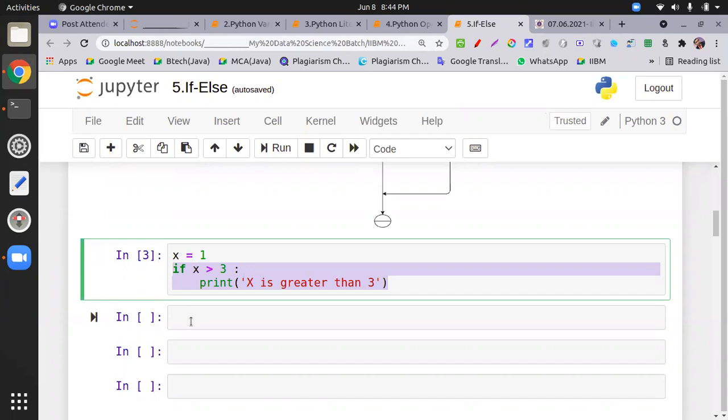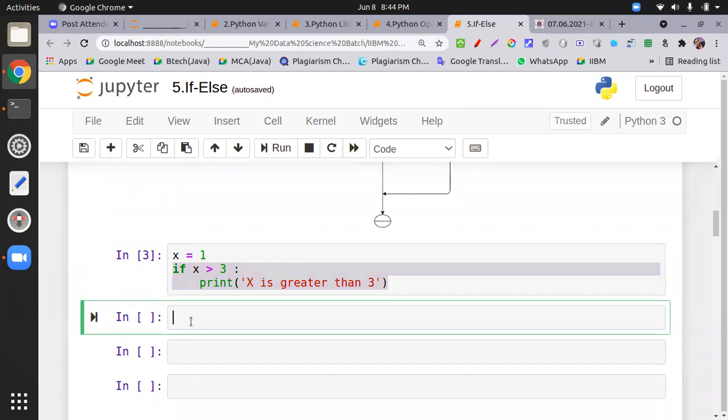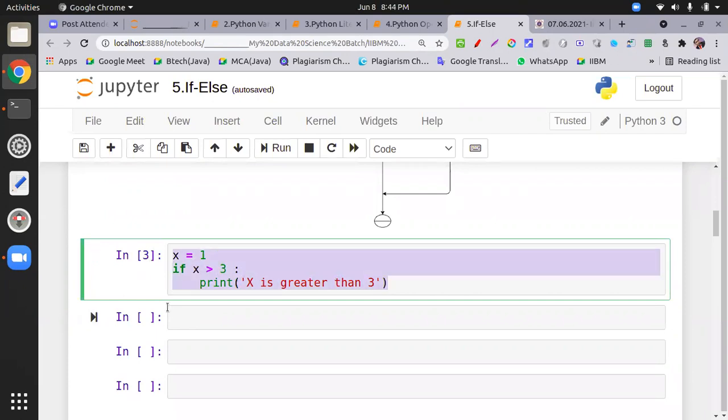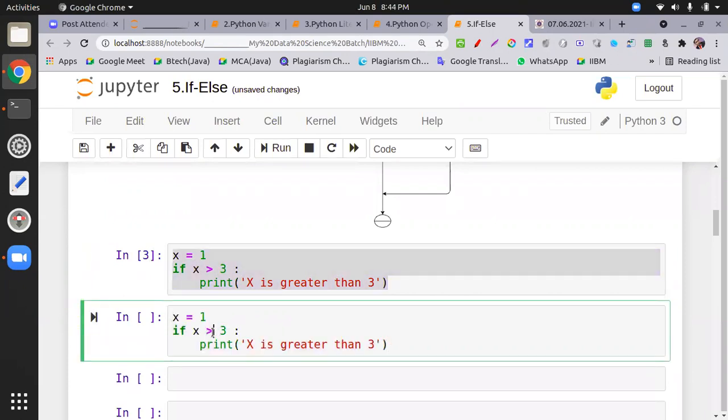Okay, let's do one more program. I check whether the number is divisible by 7. How do we check this?